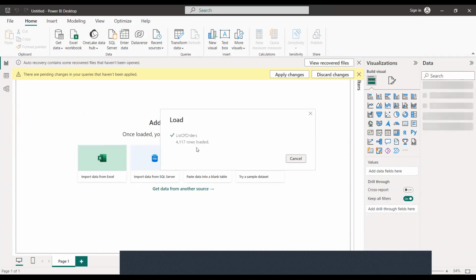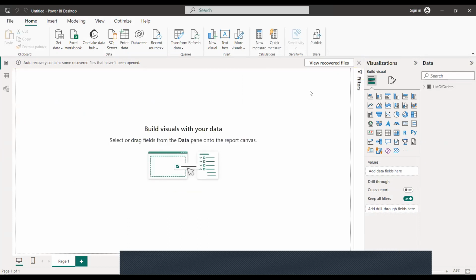Okay, so it's now loading the data. All right, so we are done loading the data.